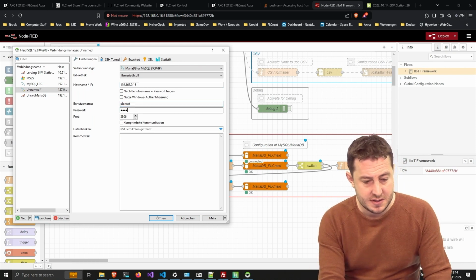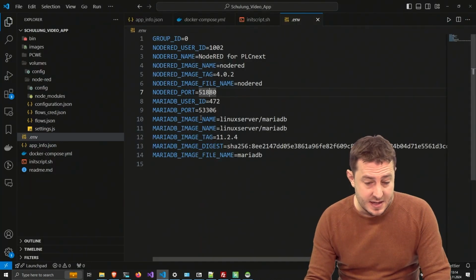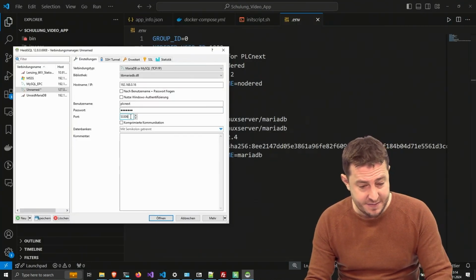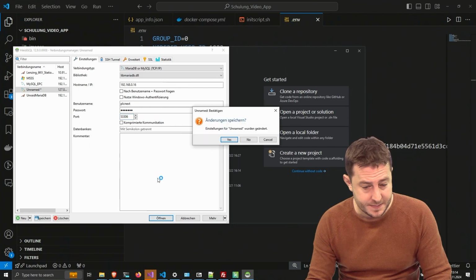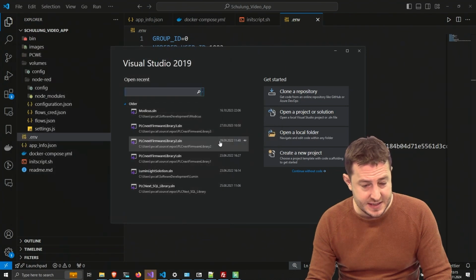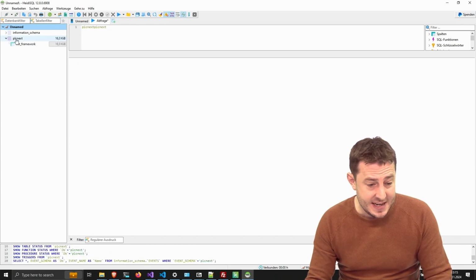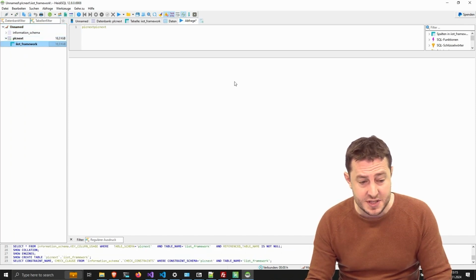And the user was PLC Next, if you remember correctly. And the port is, again, with a 5. Let's see if something is happening here. Yes. All right, as you can see, it opened, and there is a database PLC Next with the IIoT framework.